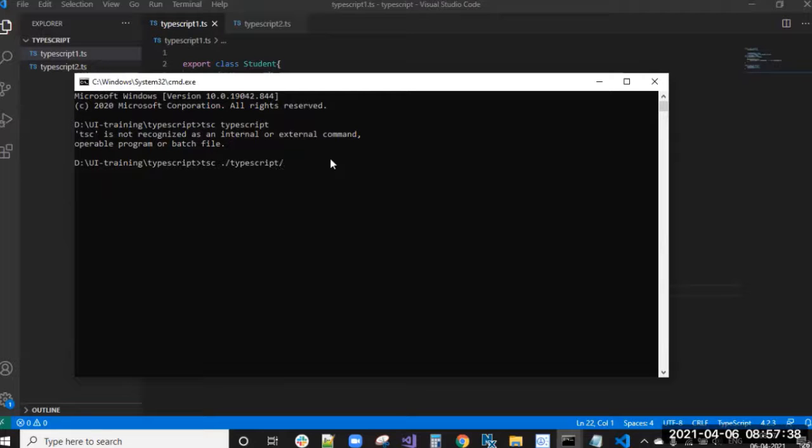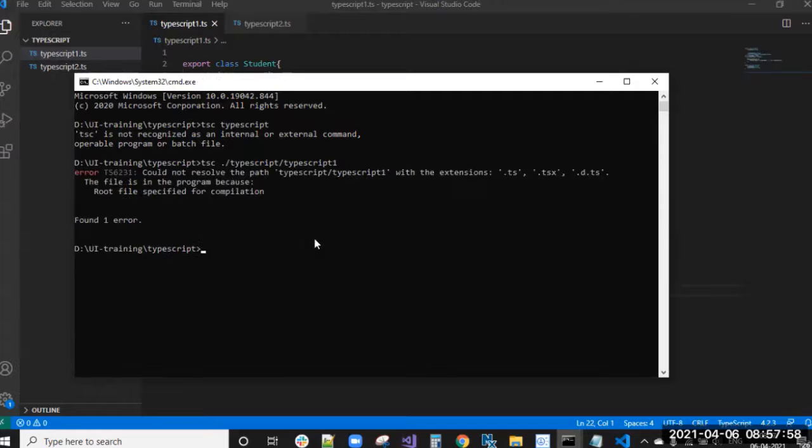I told you, a specific file also we can compile. tsc inside the TypeScript folder, I want to compile TypeScript one dot ts.